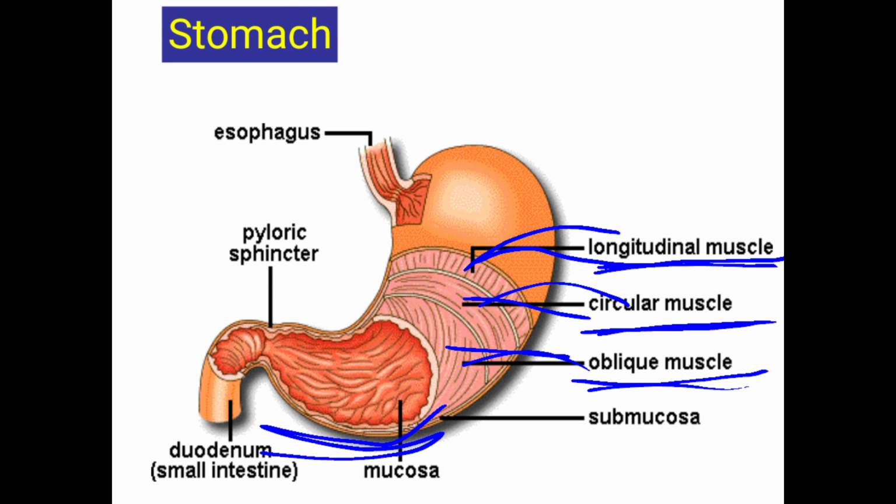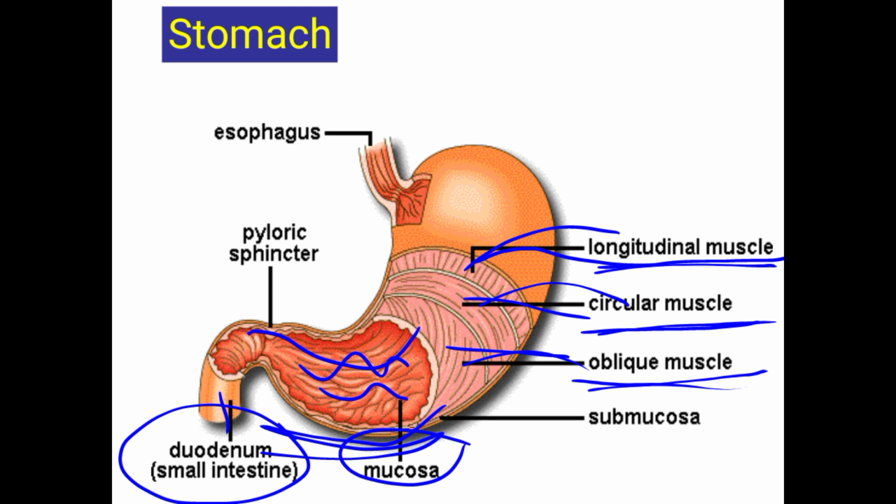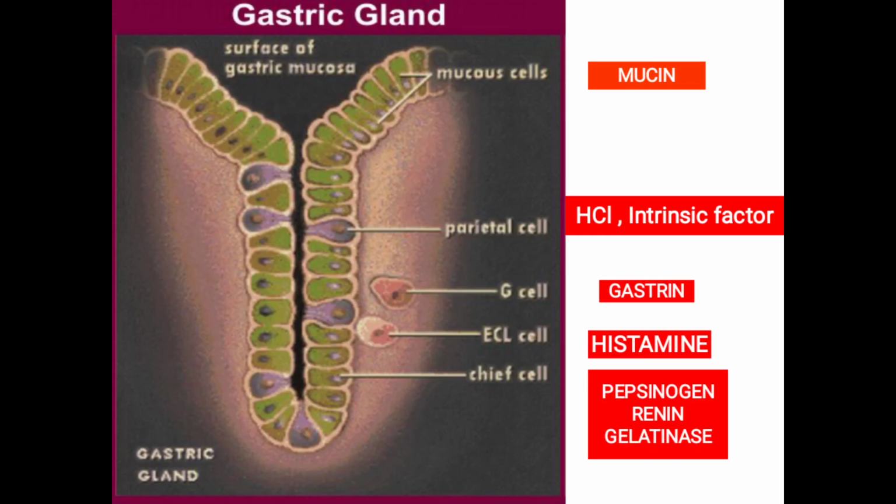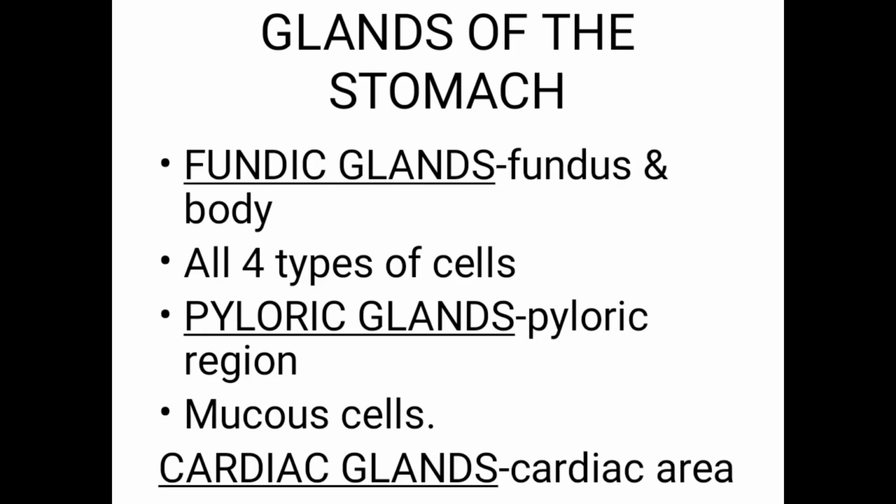Then there is the mucosal layer, which mainly contains the mucosa and submucosa. This is the duodenum, a small intestinal part. Whatever food is digested here will go to the duodenum. The stomach mainly contains glands, called gastric glands. Before that,